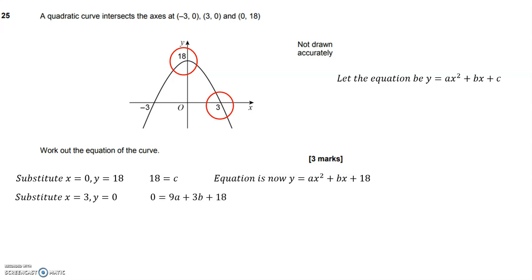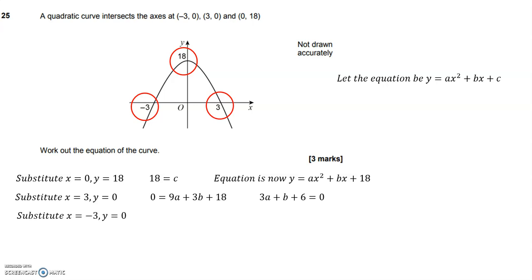And I get that 0 equals ax squared. x squared is 9, so that's 9a, plus bx, that's plus 3b, plus 18. And if I just rearrange that equation a little bit, divide through by 3, I see that 3a plus b plus 6 equals 0. Fine. Now I can't do a lot with that because it's one equation with two unknowns. But if I use this point here, (-3, 0),